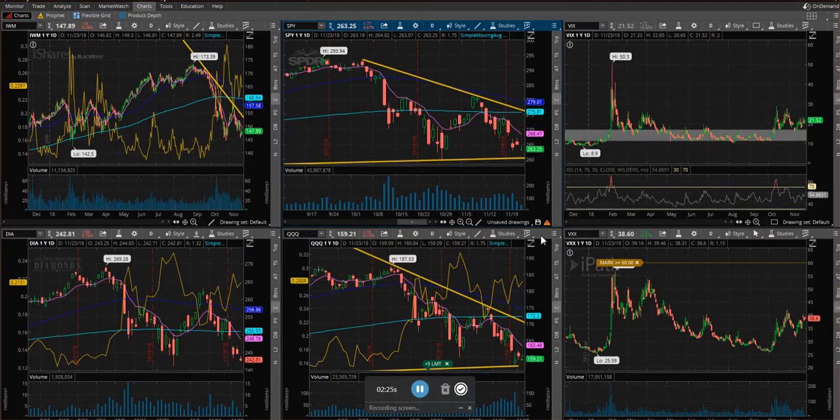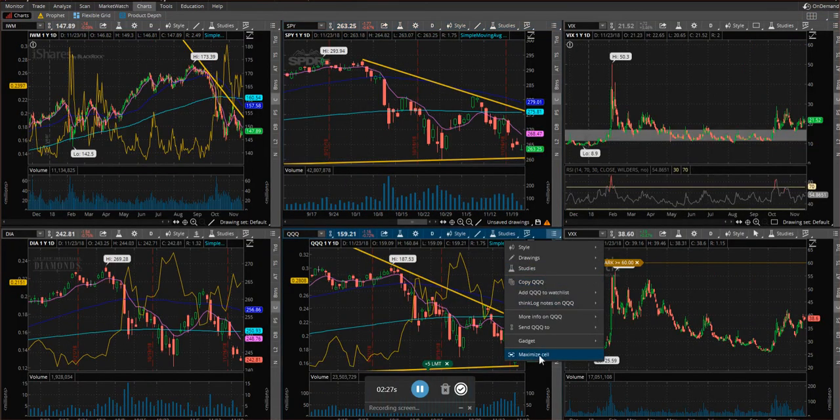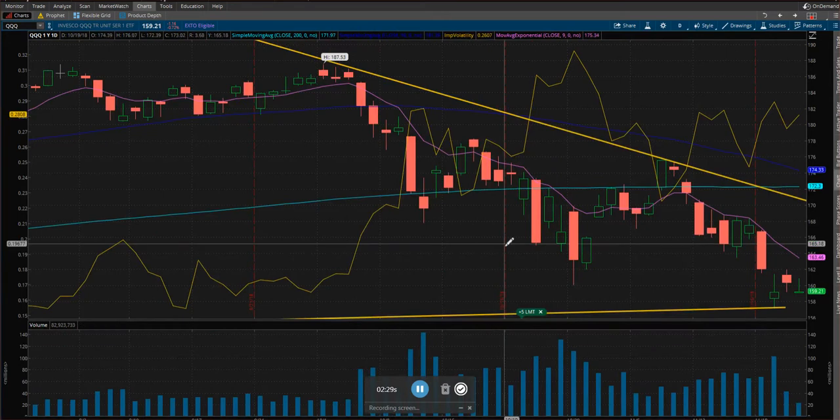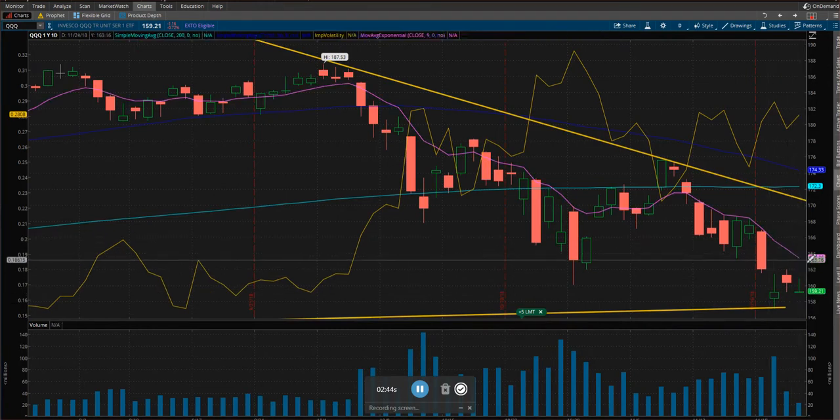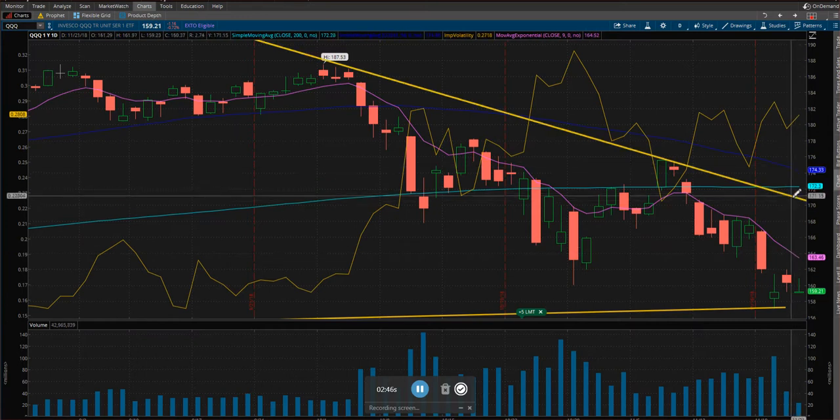Okay, let's go to our Qs. Qs are going to largely be the same. You're going to notice that in almost every one of our major ETFs, we're seeing very similar things. Weak candle right here, super weak candle. We tried to rally, ultimately got pushed down. We're below the 9 EMA. That death cross is, for me, when I look at this chart, imminent, and we are threatening